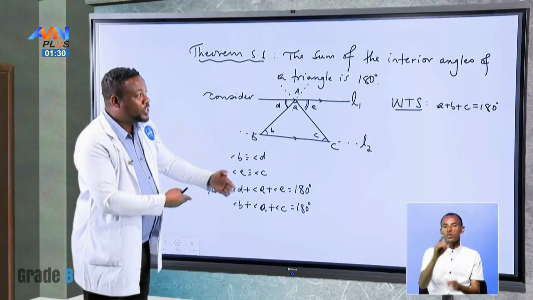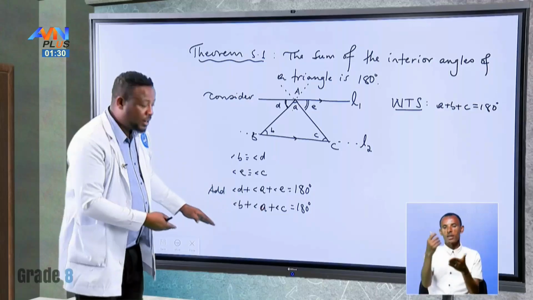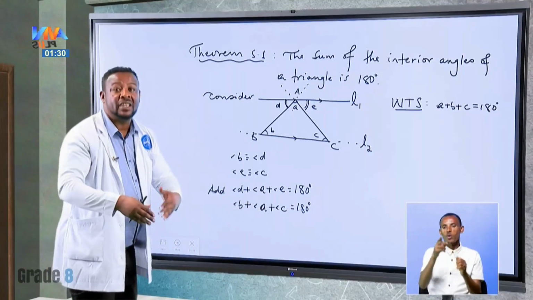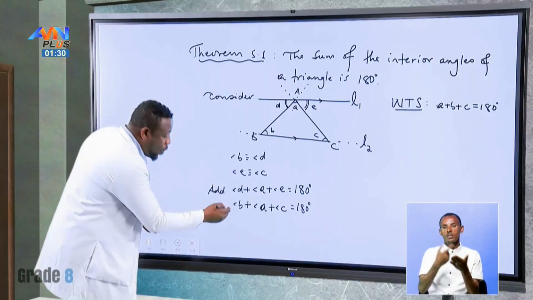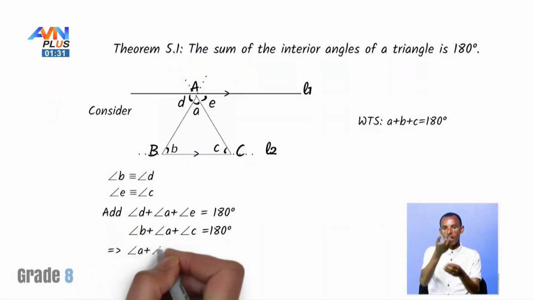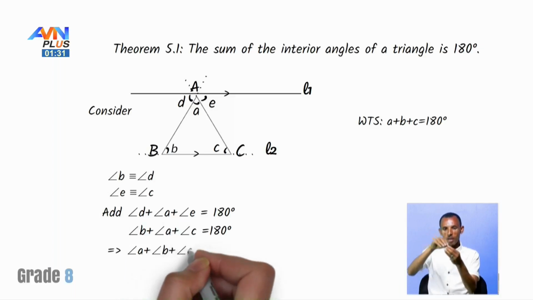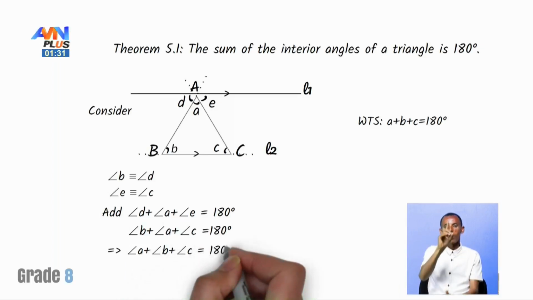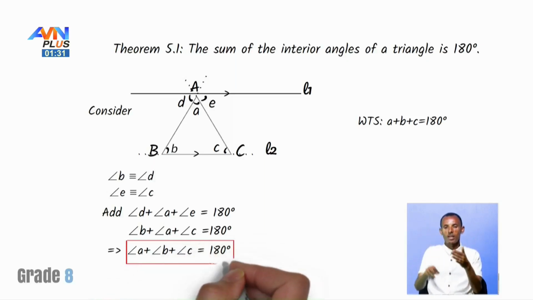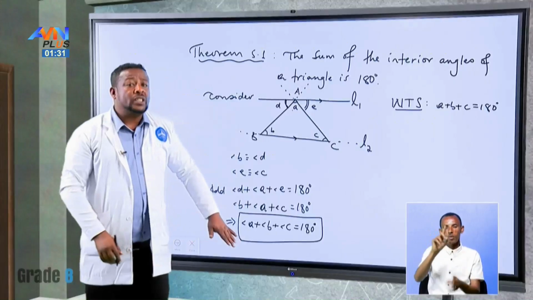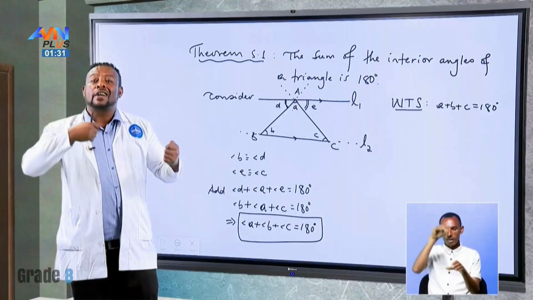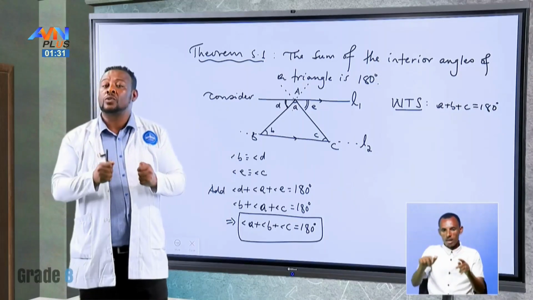You can rearrange this in any order. Addition is commutative, so you can write these three things in any order you like. So this implies angle A plus angle B plus angle C is 180 degrees, which is the required result in theorem 5.1. So this is why we say that the sum of the interior angles of any triangle is 180